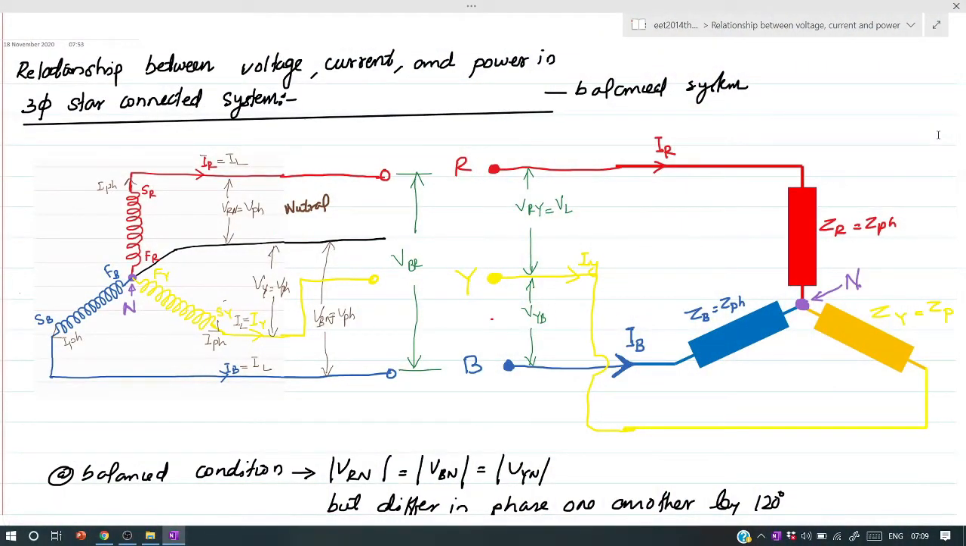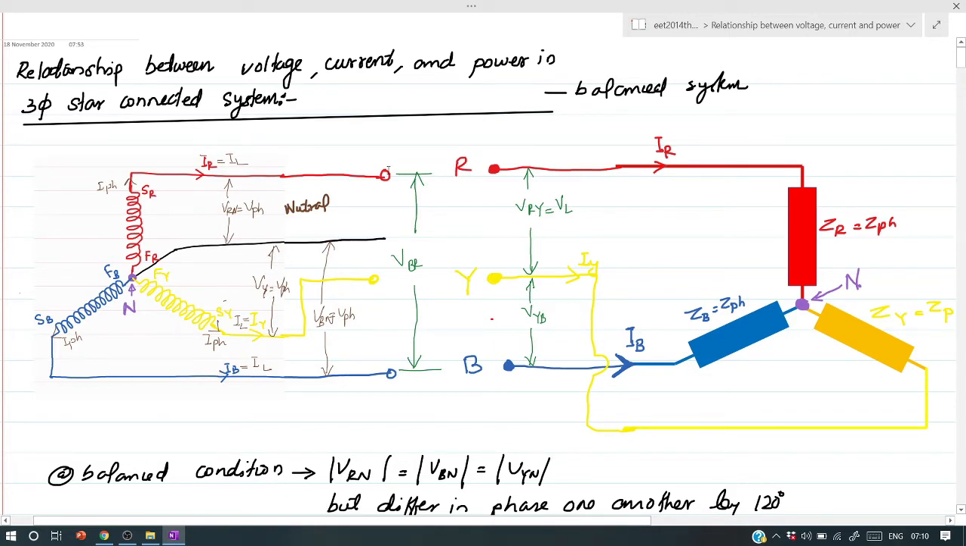In this video, we are going to discuss the relationship between voltage, current and power in a balanced star connected load. This is a star connected source with the neutral wire taken from the star point or neutral point. This is the line terminal corresponding to R phase. This is neutral. This is the line terminal corresponding to Y phase, and this is the line terminal corresponding to B